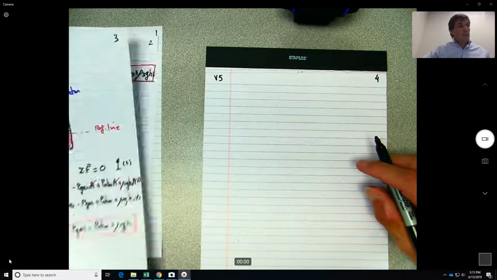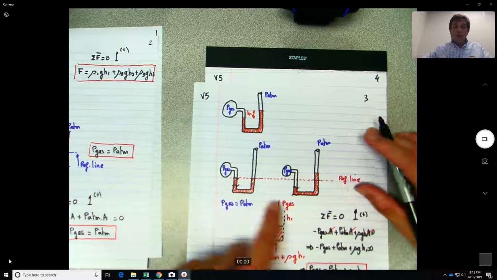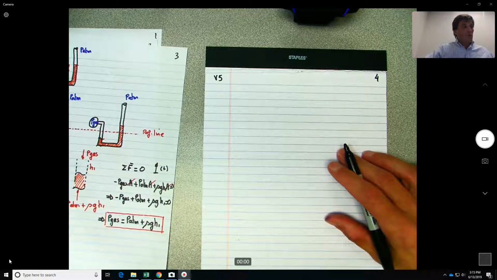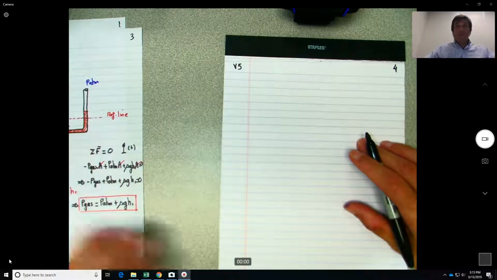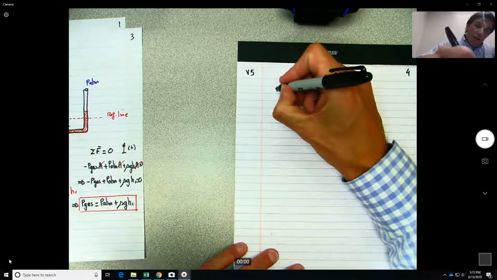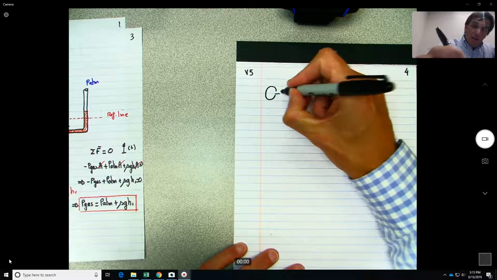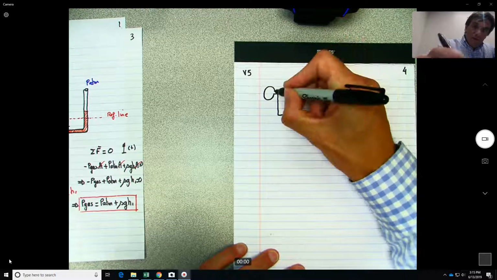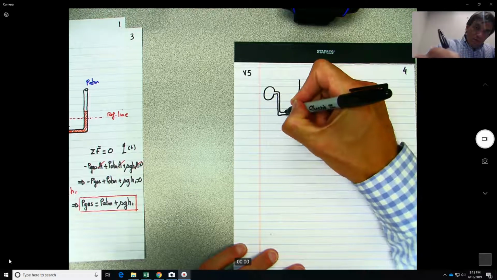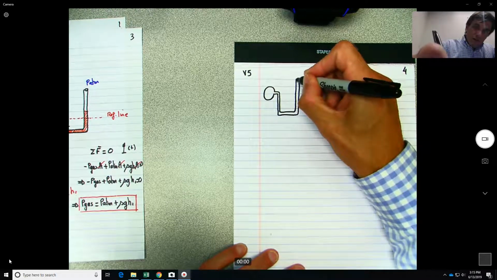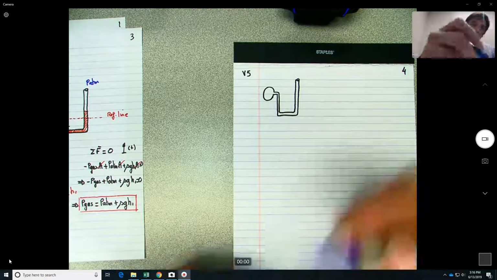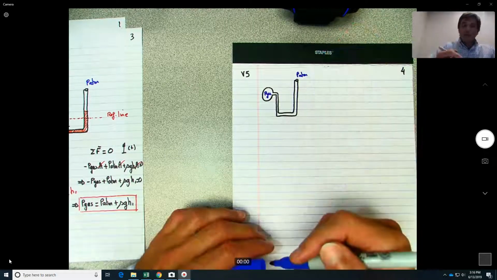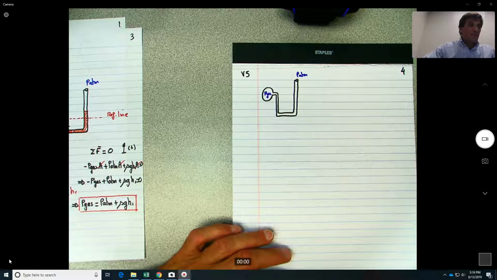Okay, so after doing this case over here, now let's do the other one where if you want the fluid will go down on this side or this one will go up. So in this case, let's just follow exactly the same steps. So let's say we have here our manometer. Right, so P gas, P atmosphere, and this time we say that